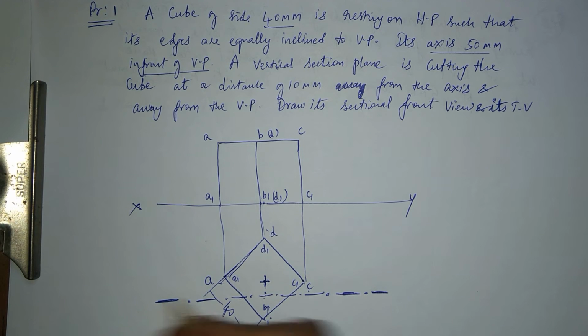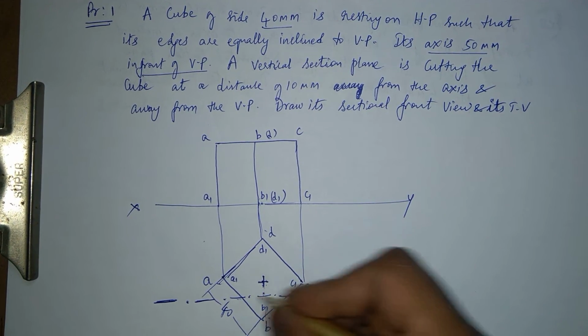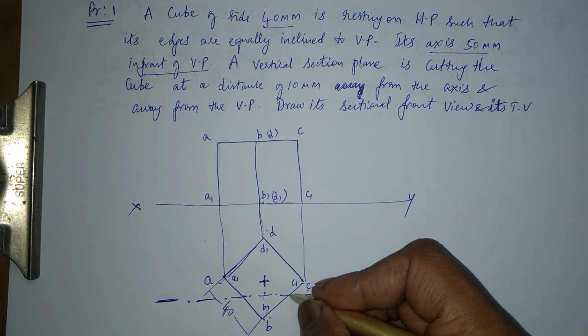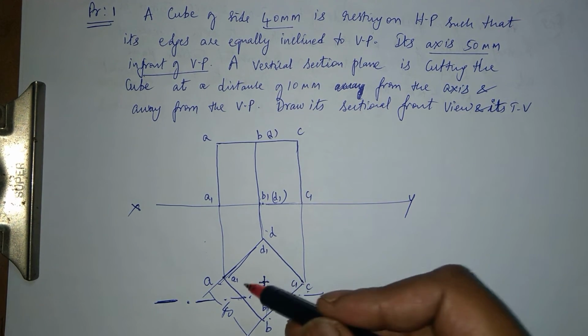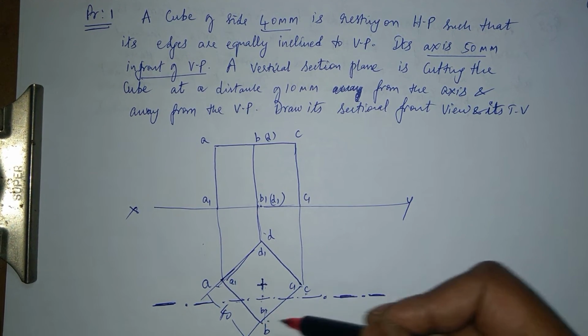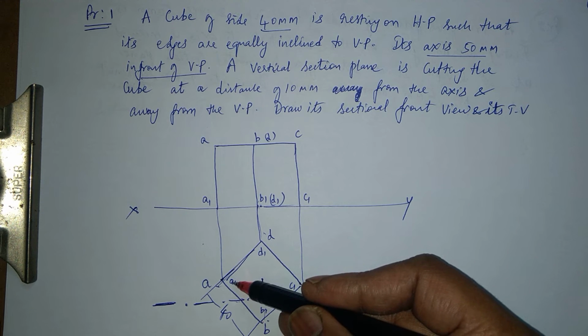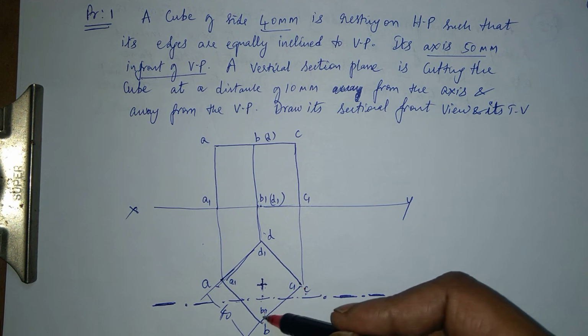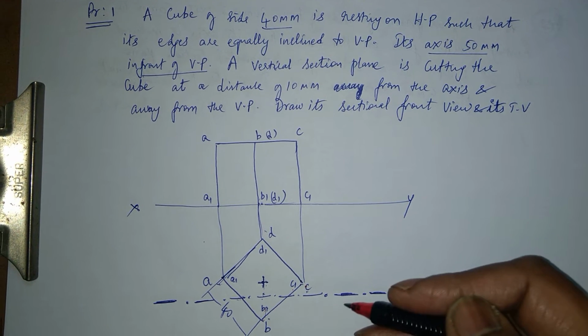This is my section. Okay, this is a vertical section plane, assuming that this is parallel to VP. So this is where it is cutting the solid. Now let us do the numbering. There is an AB line, there is a BC line. These are two edges in the top. There are two more edges at the bottom: A1, B1, B1, C1. So there are four edges being cut by the section.